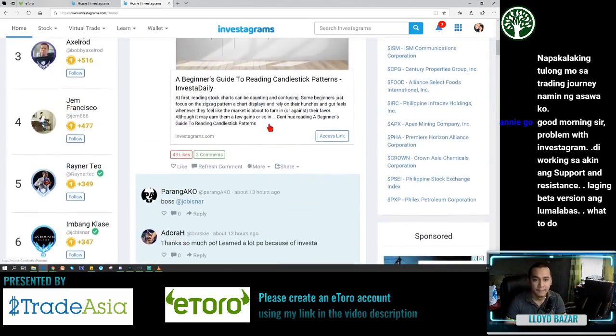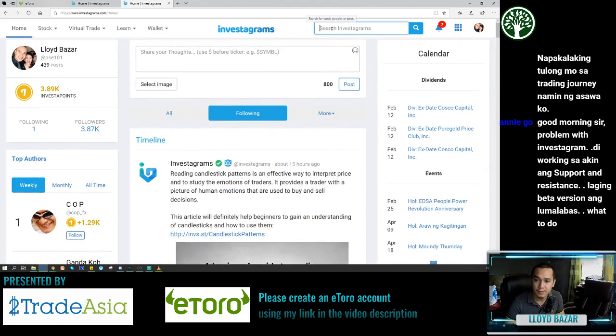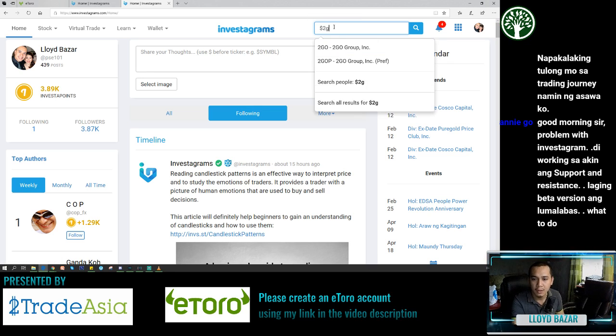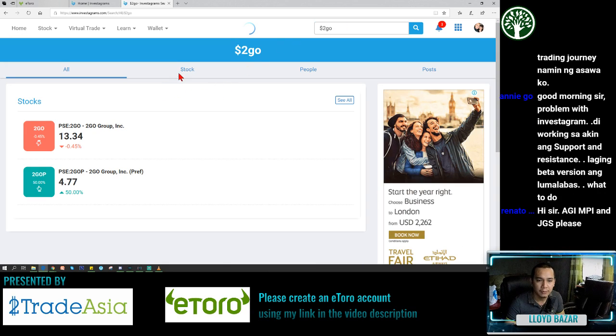So yan, there's search Investagrams dito, right? This is so you can search for people or hashtags. For example, hashtag, ito yung hashtag niya, right? $, and then maybe Tugo. So pag click niyo po na hashtag Tugo, lahat po ng